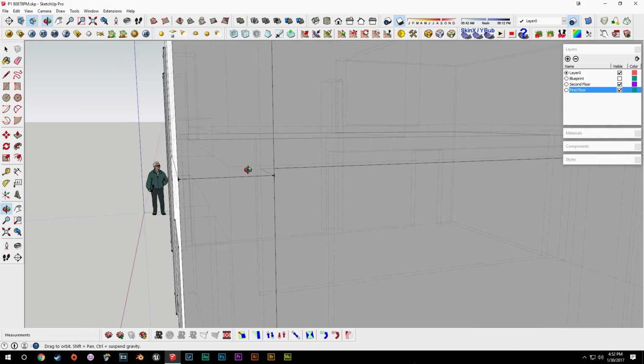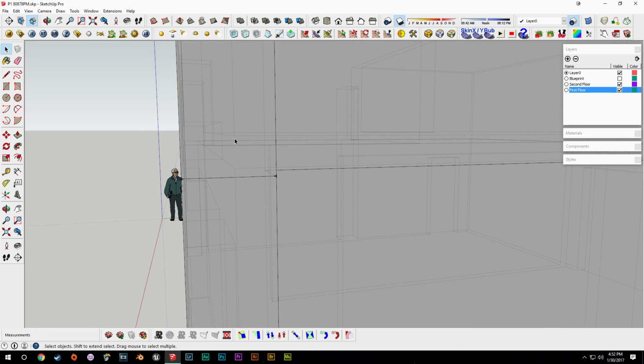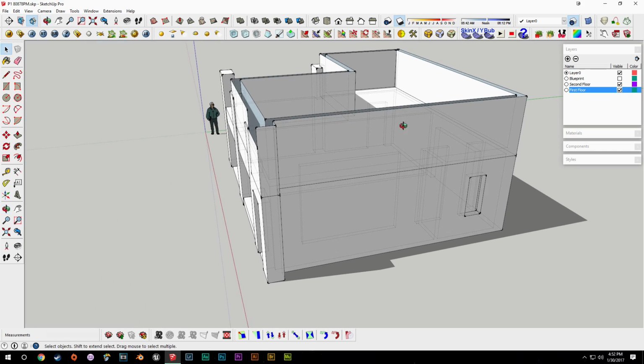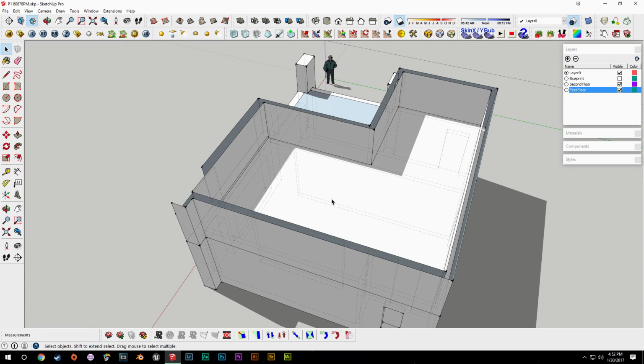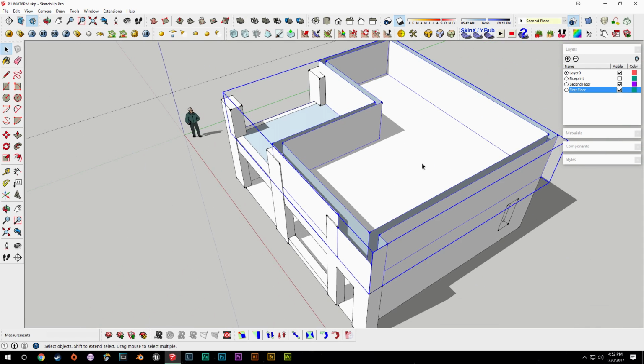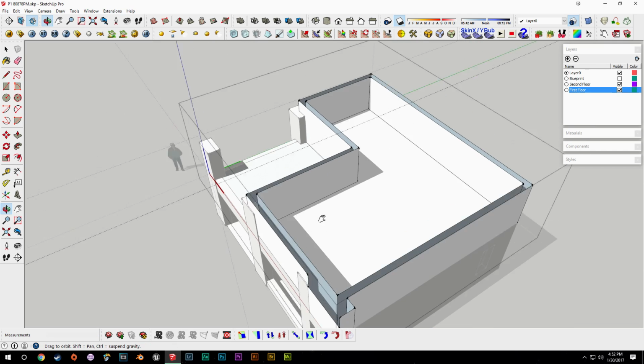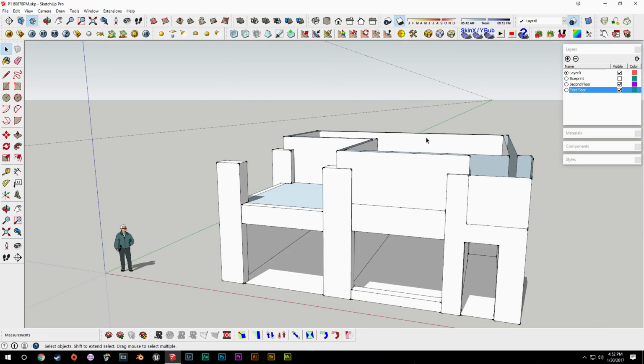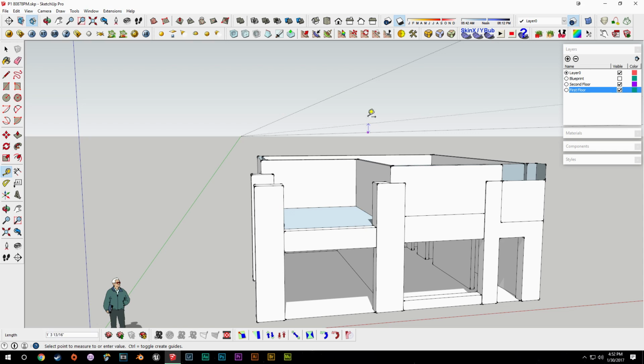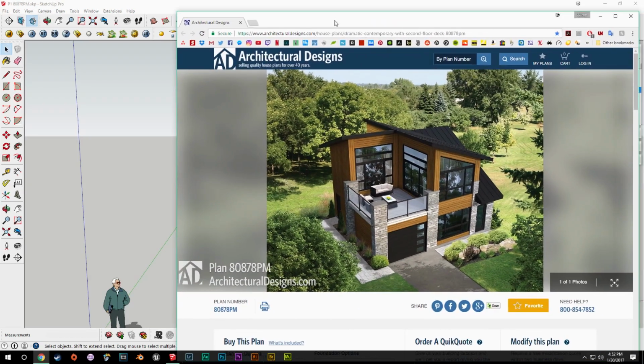So now if we look at the floor side on, you can see that it actually has a space. That'll give a bit of depth to our floor. We'll turn faces off again. We'll go into this and draw a guide at 8'8". We'll see where that brings us. So that leaves us with a space of 6 feet, which, if we look at the floor plan here again,